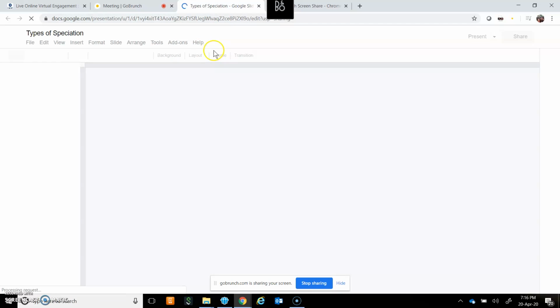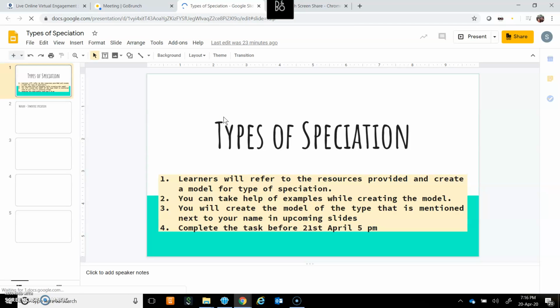Now this has opened. You would have also received a mail. You can check that or just click on this particular link. But see to it that you have logged in with your Google account, that is your somaya.edu account, because I have given you access for that particular email.